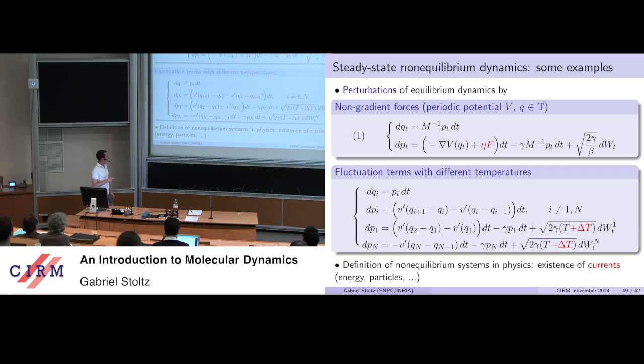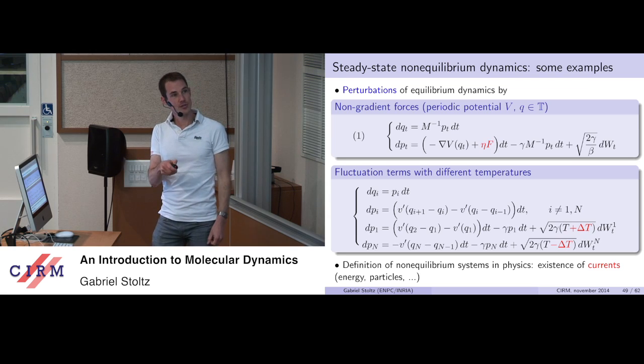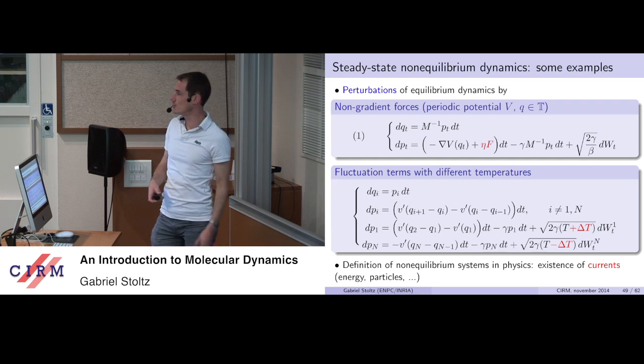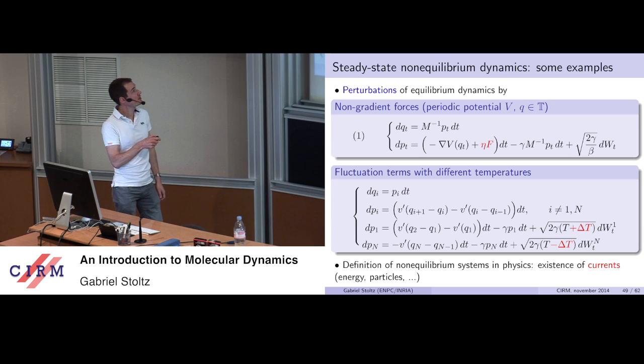And just to have another example would be a 1D chain of atoms in which you put one side at a higher temperature and the last side at a colder temperature, and you look at the energy gradient. Just to have two examples in mind. And so from a physical viewpoint, in those systems, you consider them as being out of equilibrium because you've got currents. Here there is a current of energy from one side to the other. Here there is a current of particles.